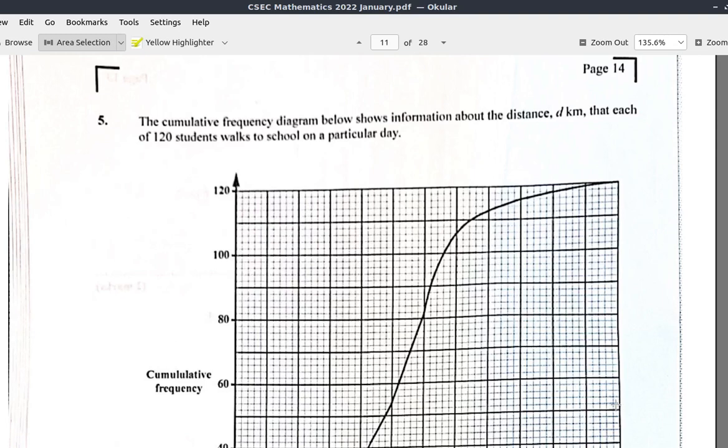Question 5, 2022 January CSEC Mathematics Past Paper. This is a statistics question, and it comes under the topic statistics. It says the cumulative frequency diagram below shows information about the distance d kilometers that each of 120 students walk to school